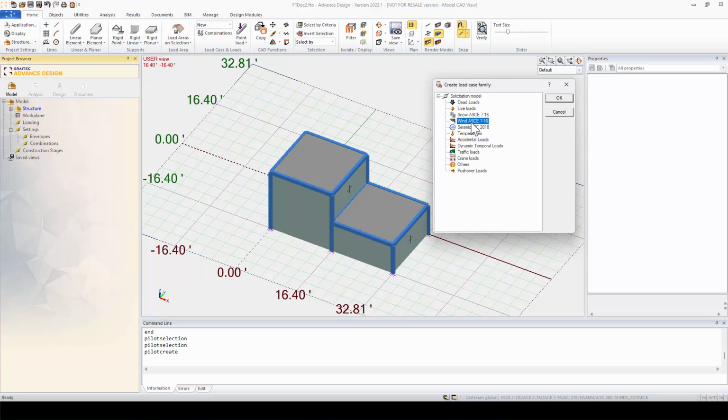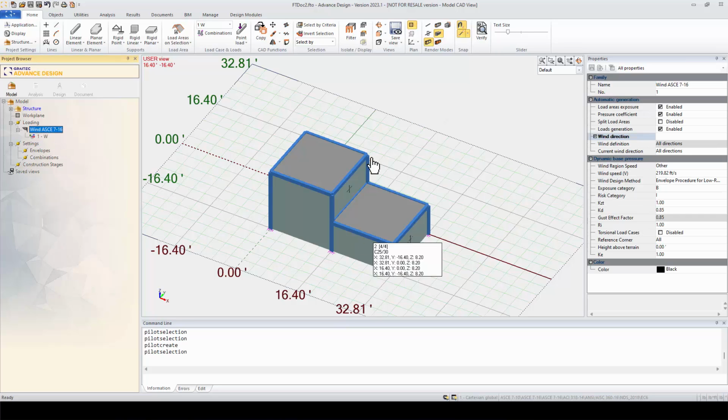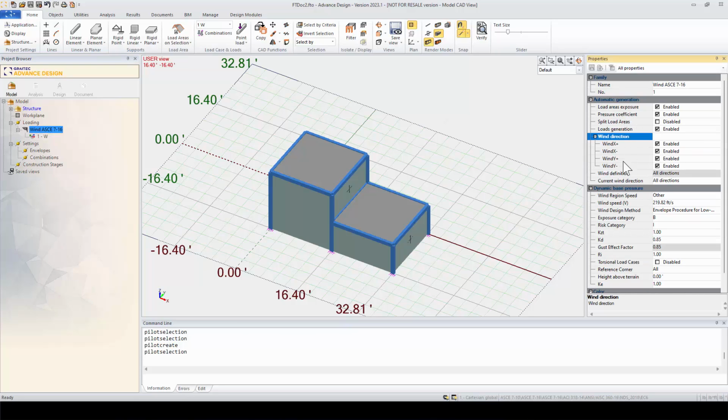Since I have used US codes, that's why I see here ASC 716s. I can click there and click OK. So now we need to define our parameters related to wind load pressure. As you see here, you can check all of the pressure coefficients. You can even change the wind direction, X, Y, on positive and negative